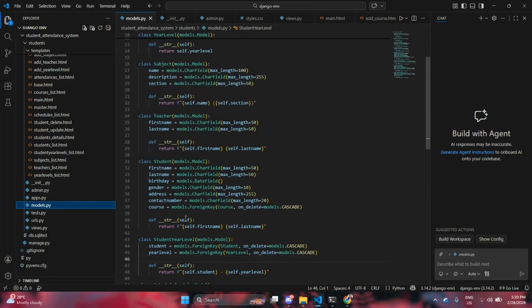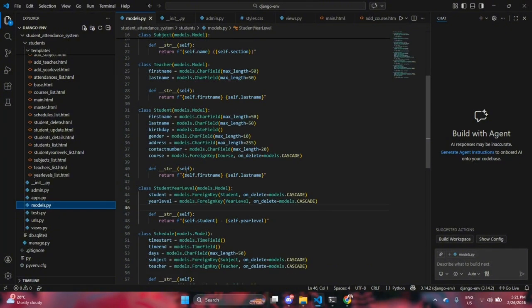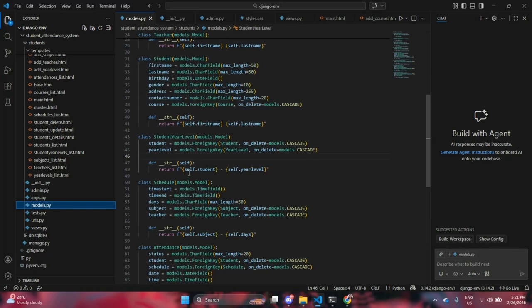Then I also use foreign key to connect related tables. For example, student is connected to course.